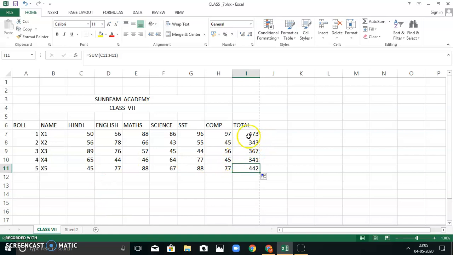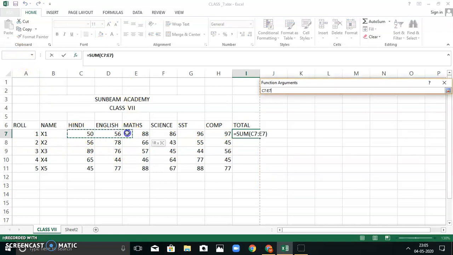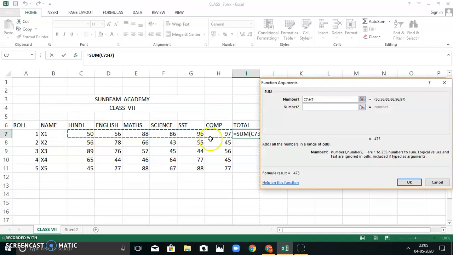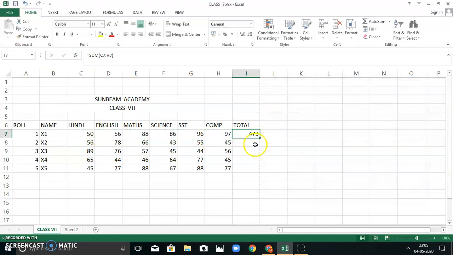But till now, what you have to do: first you will find the total of all the numbers by pressing the equal to sign, then press sum, then select the cells which you want to add and press OK. After getting the first one, place your pointer not here, beta, but on this fill handle. You can see this dot, yes. Your pointer now changes to this plus sign, from thicker to thinner. Press, click and drag. All the sums will automatically come.